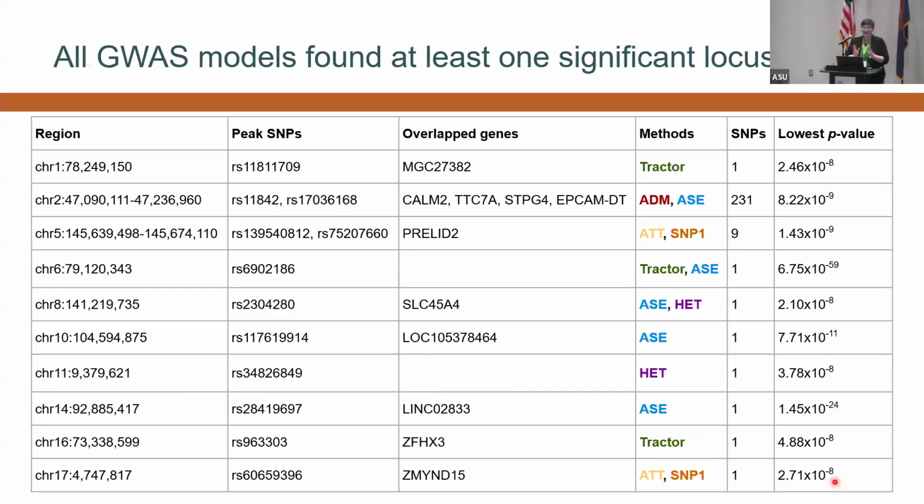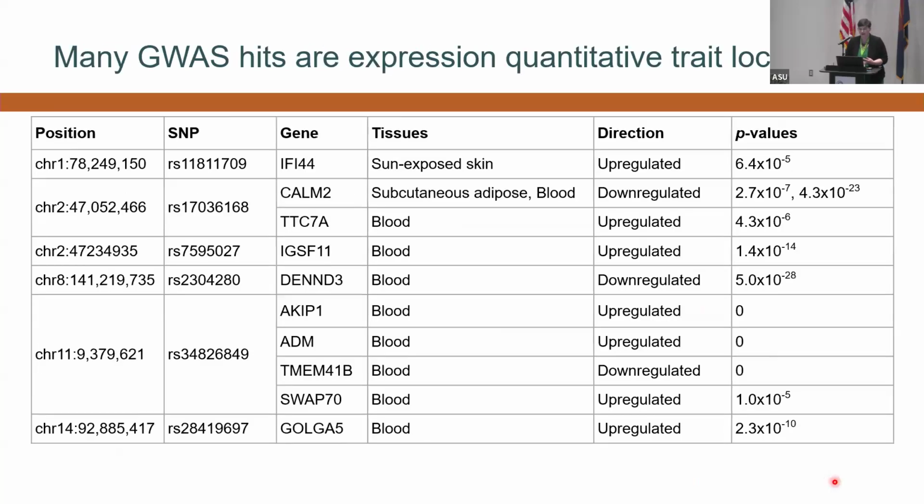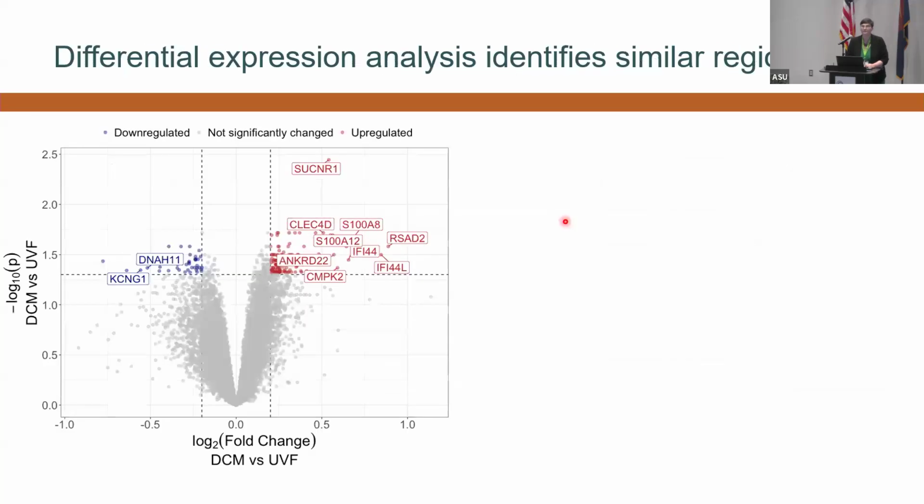So there's a lot of really cool things to get into here with all of the rest of our data. But moving on, we wanted to know how exactly are these GWAS variants affecting the phenotype in the end? So one possible thing we can explore is, are they affecting the expression of different genes? Just briefly, you can see here at the top of the chart, this variant I've been talking about in chromosome 1 is actually a known eQTL, expression quantitative trait locus, for this interferon-inducible 44. And it's associated with an increase in expression of that gene.